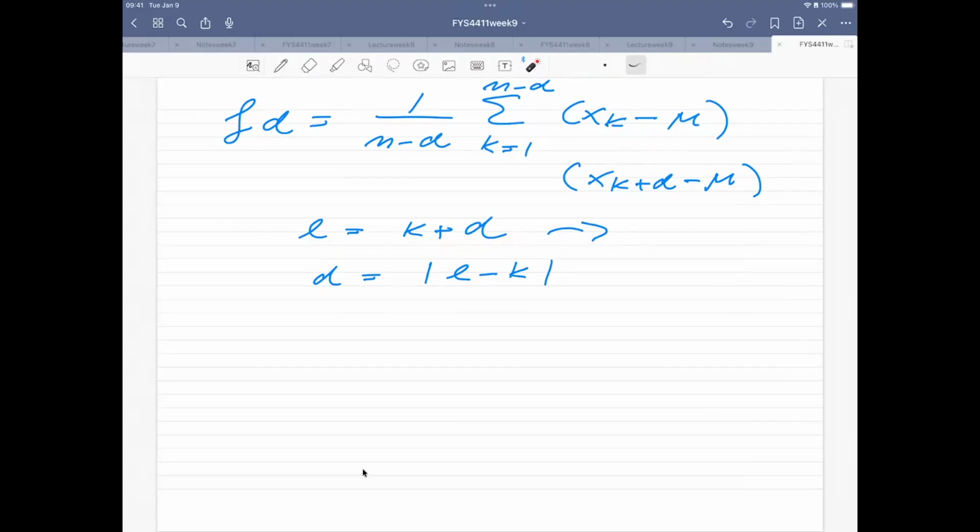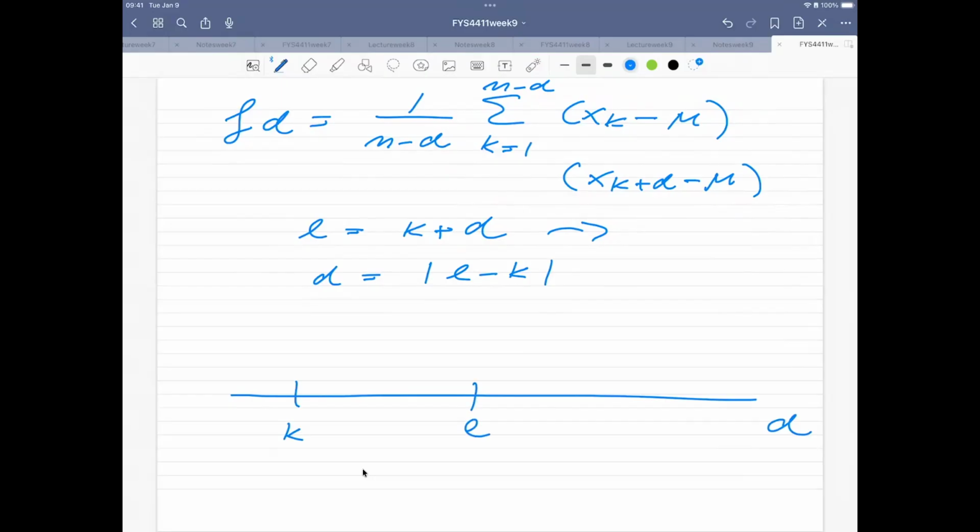And you can actually show, and I will show you that because we have it in these slides from last week, that this term, when d becomes large, typically goes to 0. So this is an assumption which we are making about the data which we have. So you can think of you having a set of measurements. If you look at a one-dimensional axis here, you have d, which you could interpret as time. So you make a measurement at the time k, and then you make a measurement at the time L,